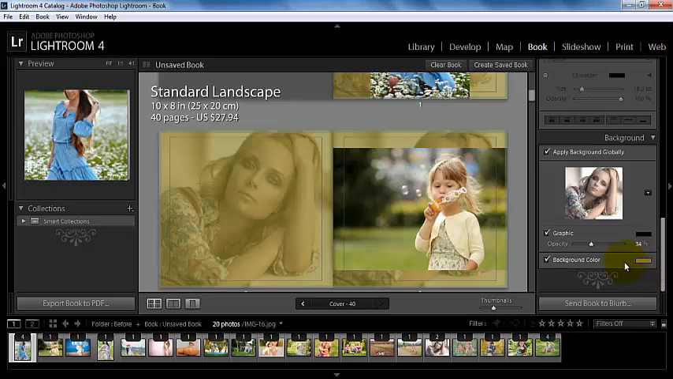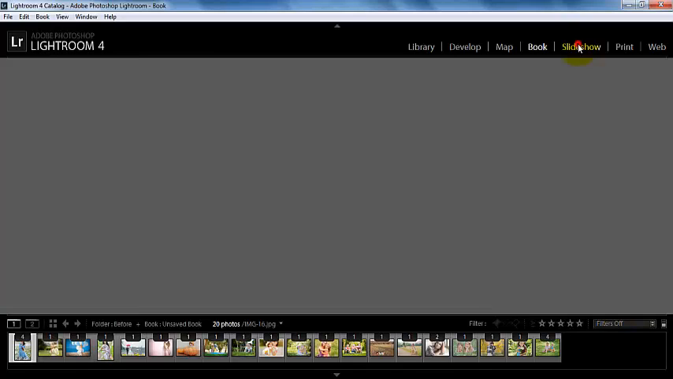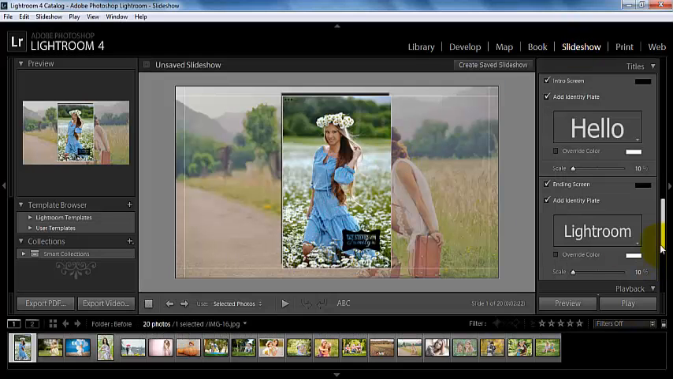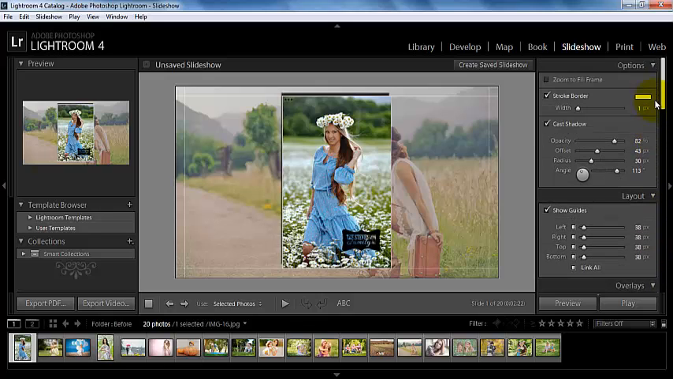And so when you have got your book all done and you're happy with it, you can clear it here. You can save it here, and you can send it to blurb here, or whatever mode that you had chosen to use for that. The next panel is our slideshow panel, and this is a pretty simple panel to work